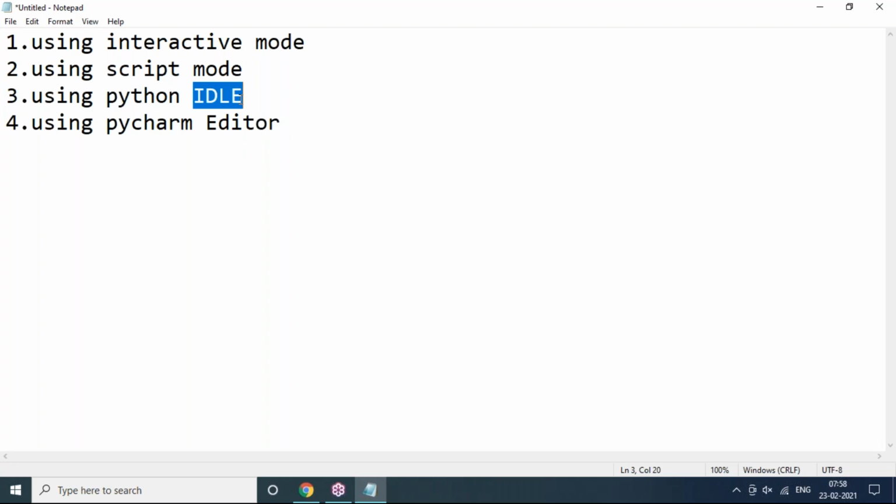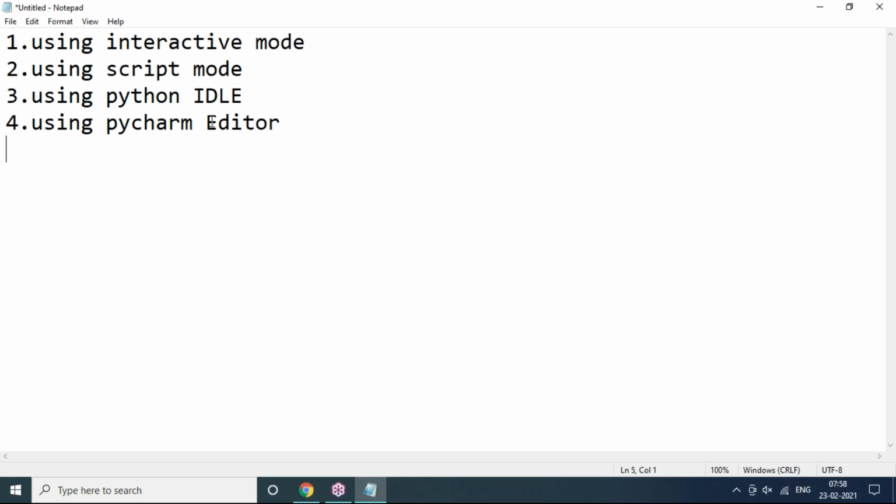See, suppose the Java programming language is there. Java programs can be written with any tools. Some people will use Edit Plus, some will use Notepad, somebody will use NetBeans or Eclipse. That's their comfort. Even .NET code they might write in Edit Plus, Notepad, or any editor. Likewise, these are the possible ways to write Python script. It is your wish where you want to write and execute it.